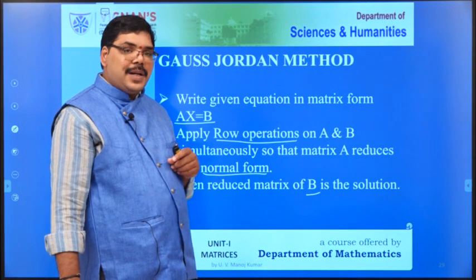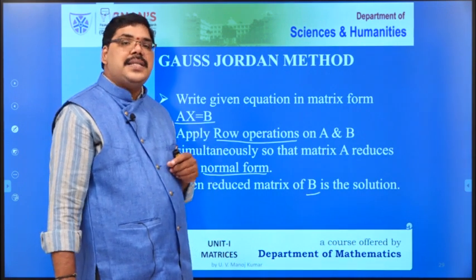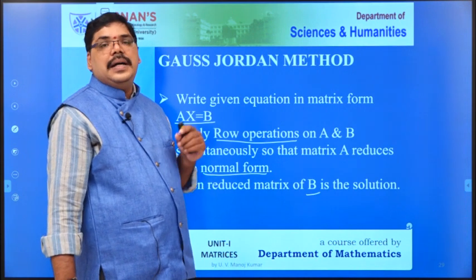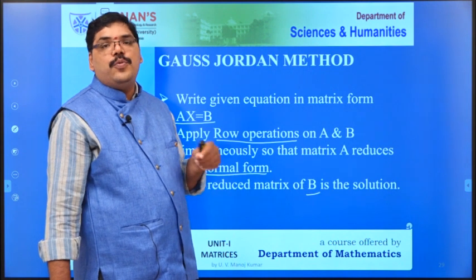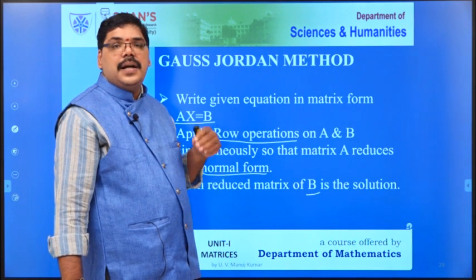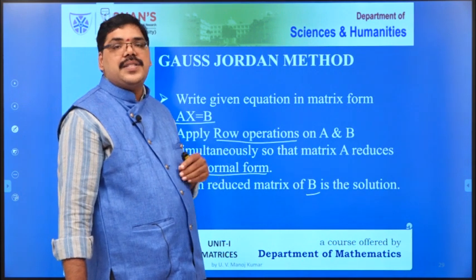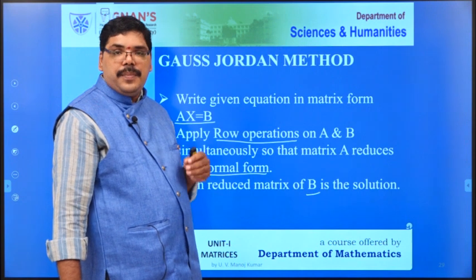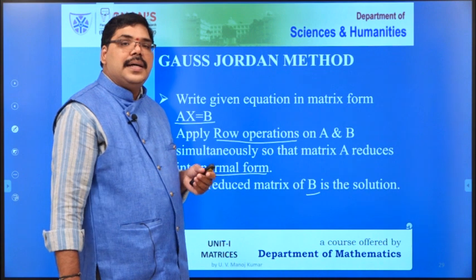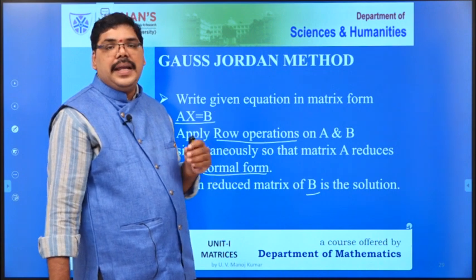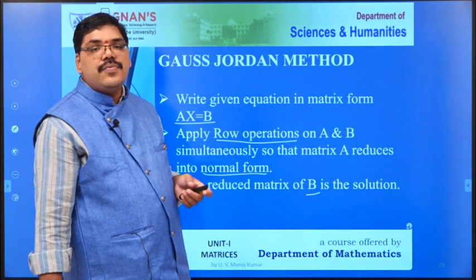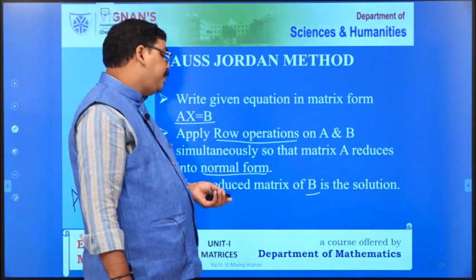Then what is the disadvantage? The disadvantage is that if you compare echelon form and normal form, in normal form we need to work more. We need to make all the below diagonal elements and also all the above diagonal elements into zeros. So we need to apply more row operations, we need to convert more elements, but the answer will be ready made. At the end you directly get the answer, no need of back substitution. This is the advantage of Gauss-Jordan method.